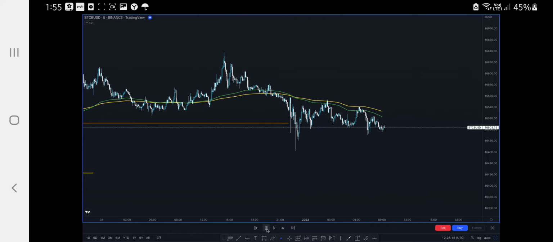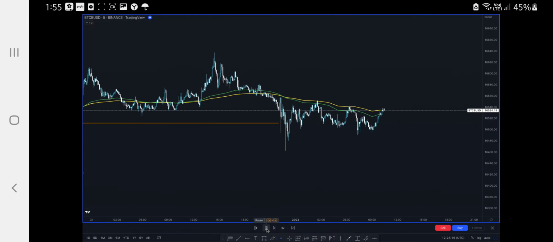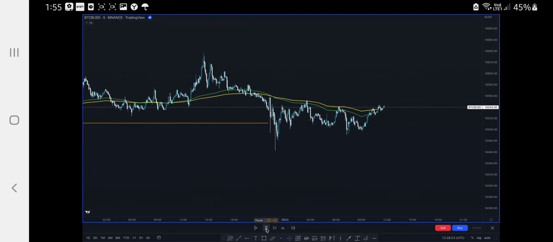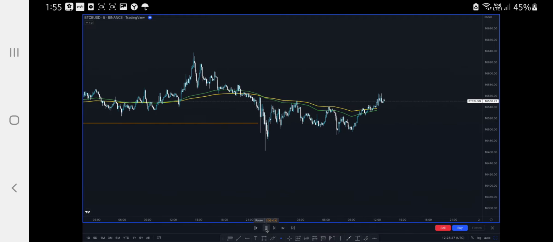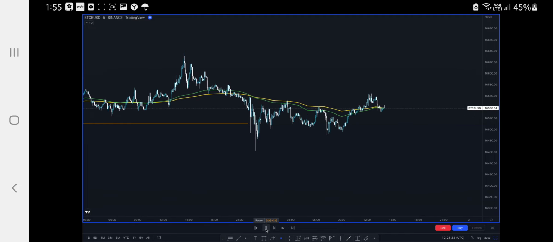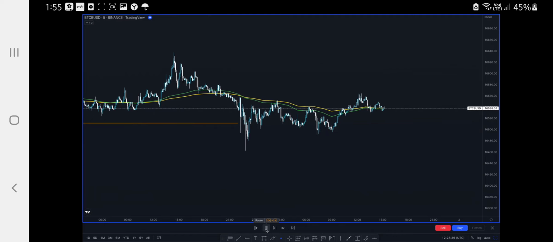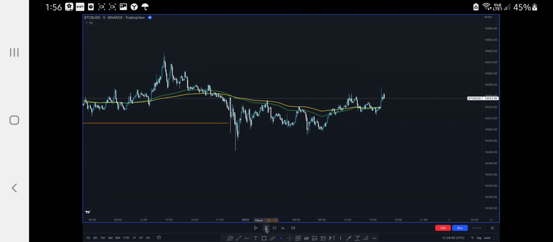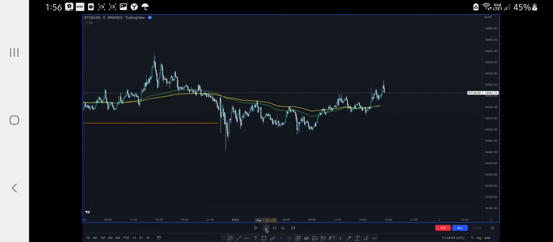Okay, let's go faster and wait for this to come. So I have the benefit of hindsight. I know that this does go up after. This is not to try and say that this system's great. I'm just using it as an example to show you when we would be able to actually enter. So now we're starting to get across. You have to wait until there's a cross confirmed. Here we go. So now we have a cross back to bullish confirmed.